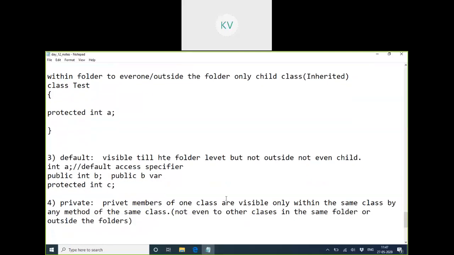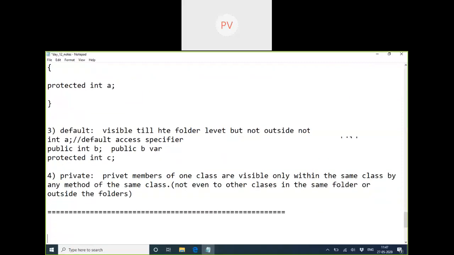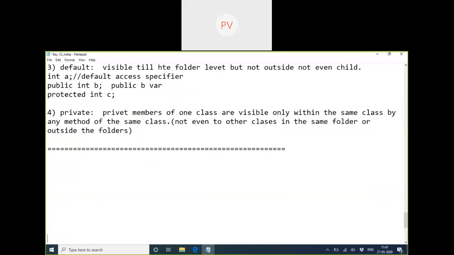Is there a doubt till here, or is it clear? Any confusion? Theoretically, it's clear. Practically, application, yes, it's clear. Now you understood the difference between public and private. Where can we access private and where can we access public?